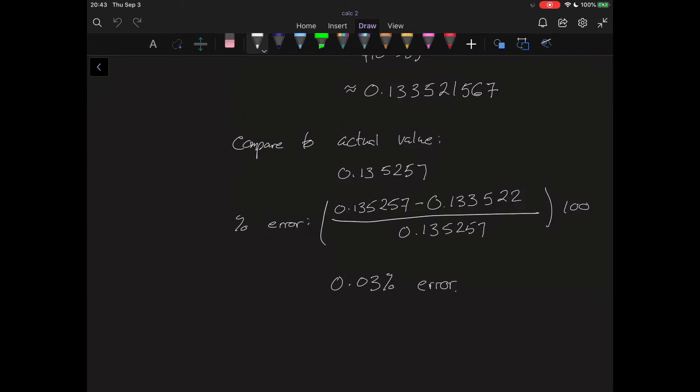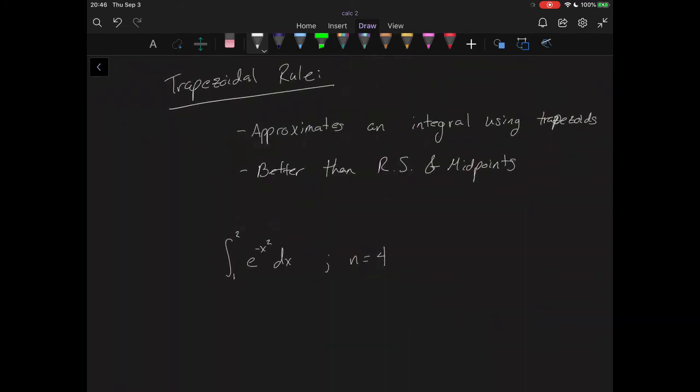And that's not too bad for just a simple modification of the Riemann sum. If you want to check the Riemann sum approximation using n equals 4, you're more than welcome to. But for us,